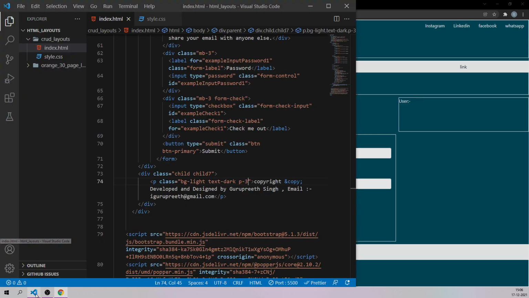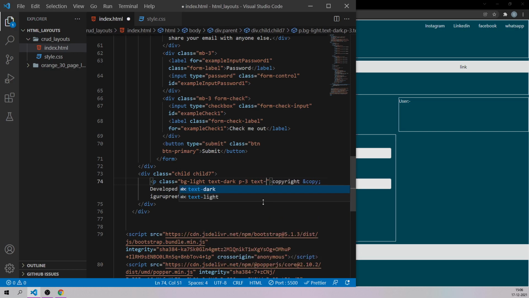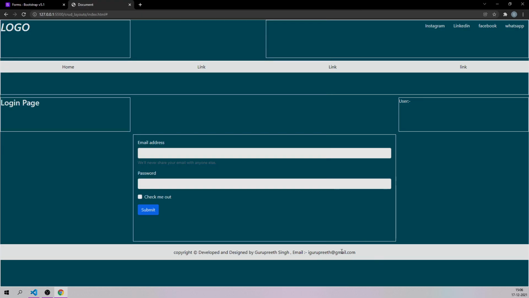I think it's good enough, and now the text has to be in the center, so text hyphen center. As you can see, we have made our text appear exactly in the center of the page, so all the contents are according to the position where we exactly wanted them to be.